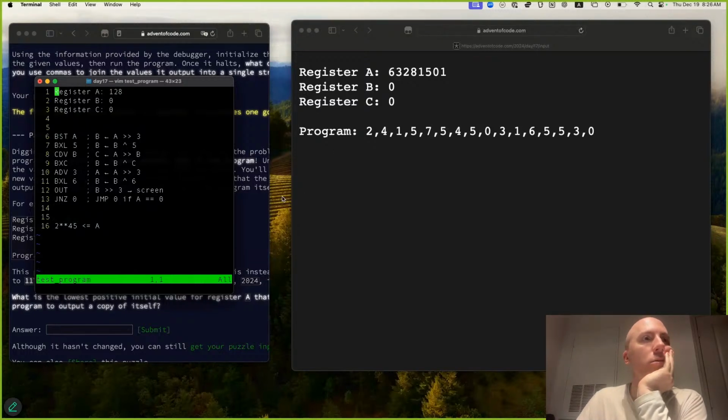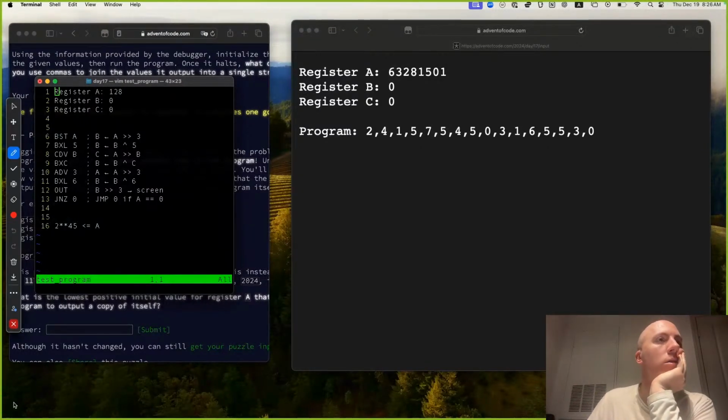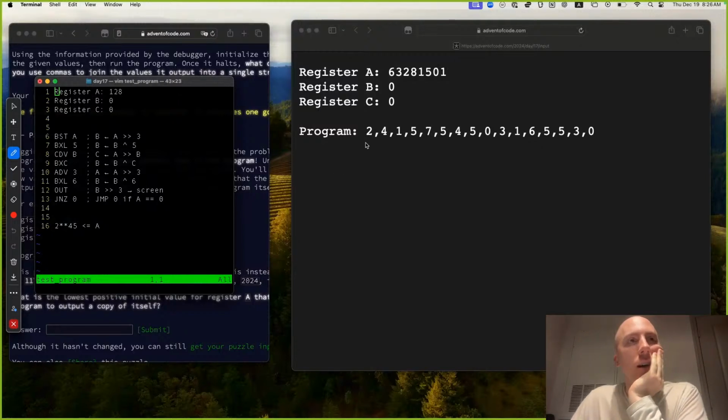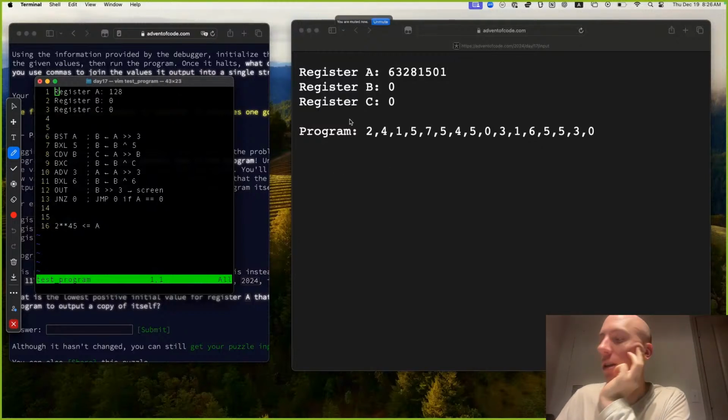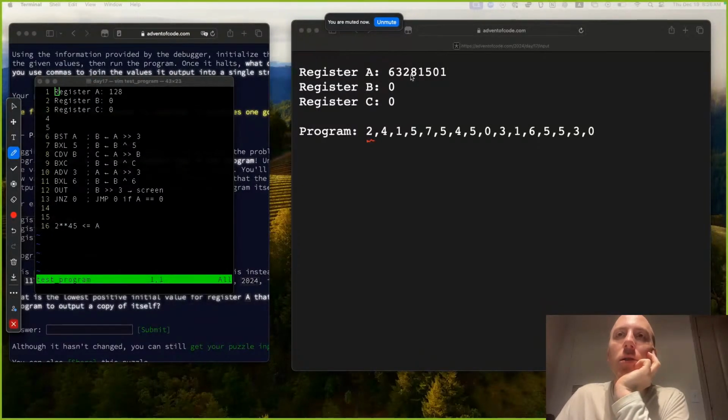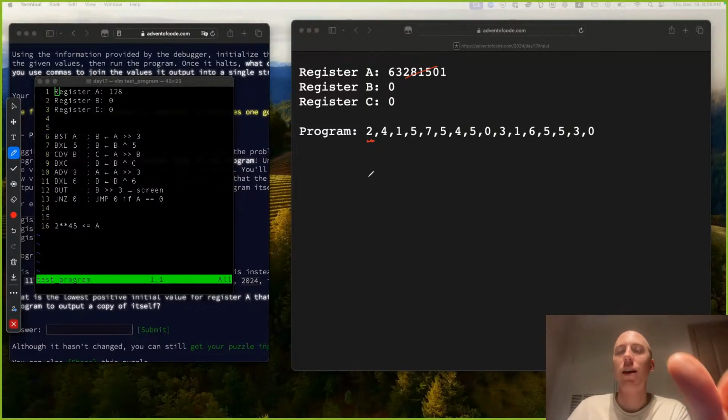So we made some progress last time. Basically where we left off was we're like, all right, let's get a setting of the input where we could at least print out a 2 first and kind of get a handle on that. So we were kind of working backwards. We're like, all right, how do we get a 2? Well,